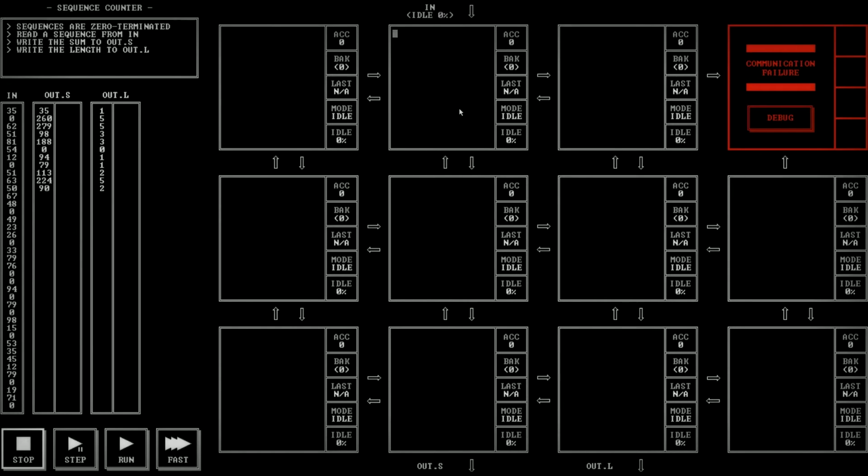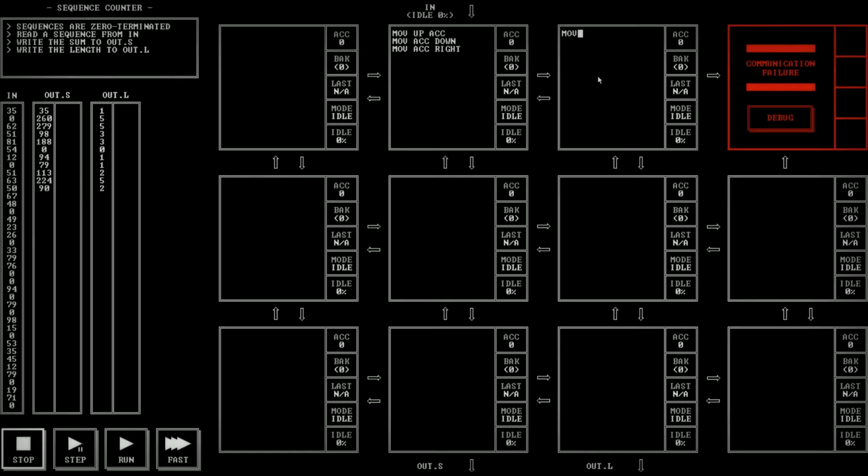Okay. So now we've got zero terminated stuff here, and we're not outputting a sequence. We are counting and adding the sequence. So cool. Let's see. So let's say this one's job is just to decide if we're done. Right? Maybe? No. Okay. Well, let's see. Let's just move up to the accumulator, and we'll move it out into two directions. We're gonna move accumulator to down, and we're gonna move accumulator to the right. And this one's job is just gonna be to